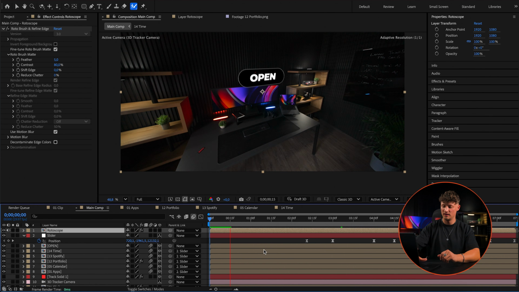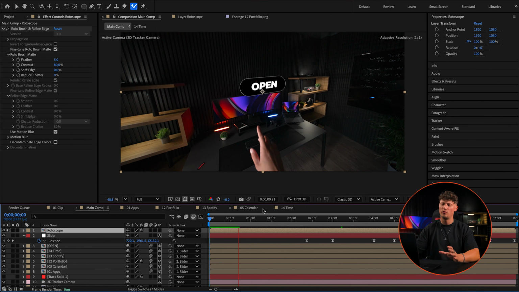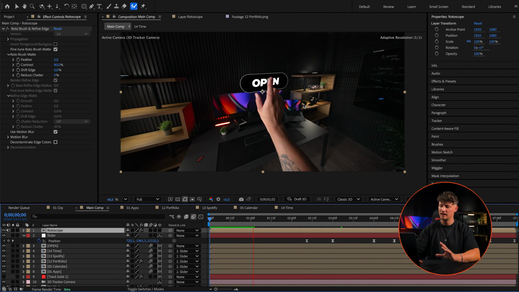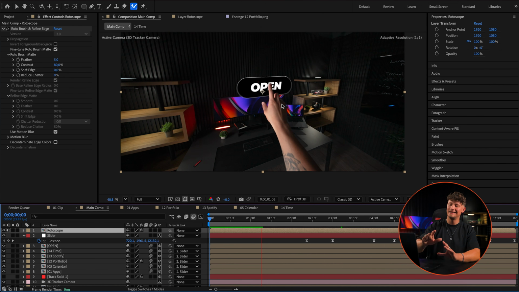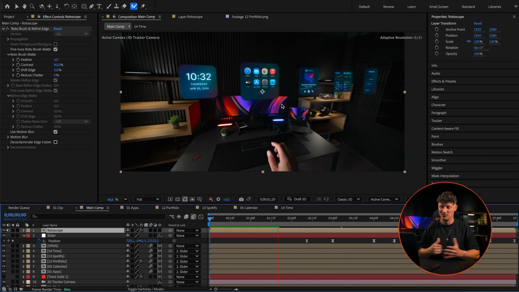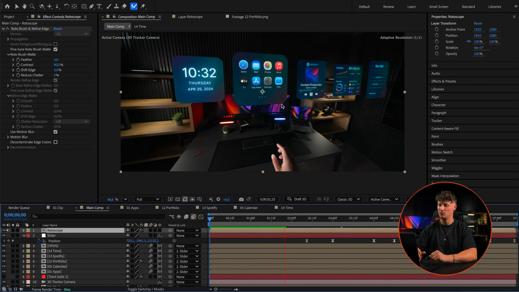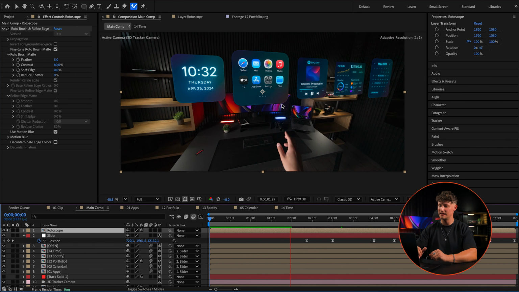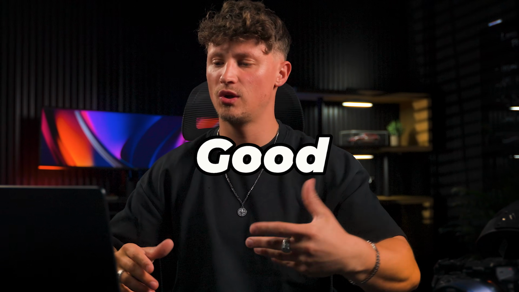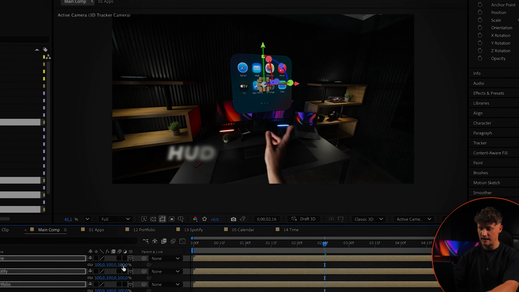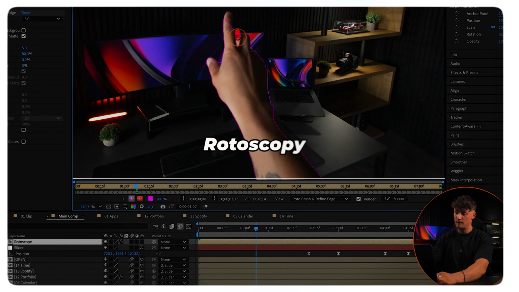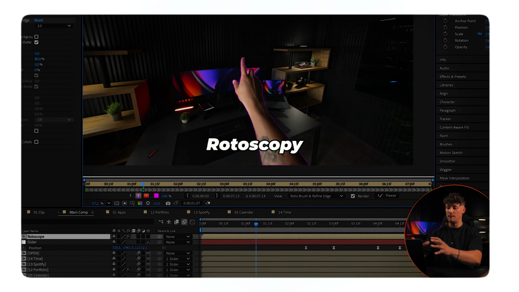And I love that moment when you're done with rotoscoping and you see how it actually looks, because now you can see the finger is clearly above our HUDs, and that totally makes sense, right? So this looks pretty cool. Nice. Now with the swipe as well. And now you wonder, that looks good, we just animated all of those HUDs, I know how to animate them. That looks pretty cool. We have just rotoscoped our hand, which makes everything more realistic.